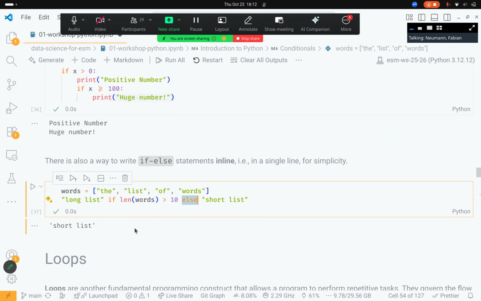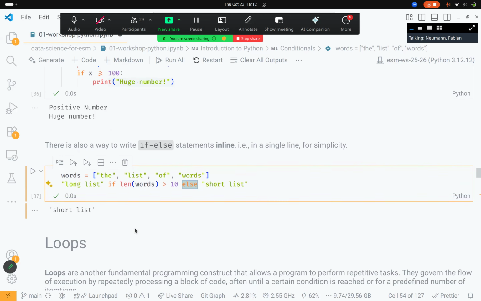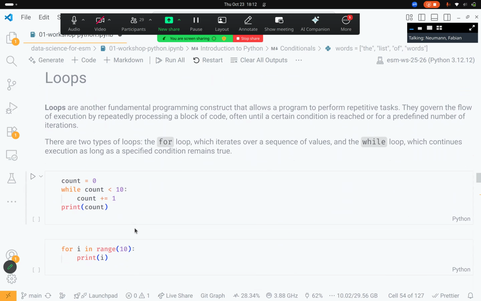So conditionals, if, elif, else, are one way to control the flow. And then, of course, there are also loops that allow your program to conduct repetitive tasks like iterating over the elements in a list and doing the same kind of operation for all items in it. There are basically two types of loops: while loops and for loops. For loops iterate over a given sequence of values, and while loops continue evaluation until a certain condition is